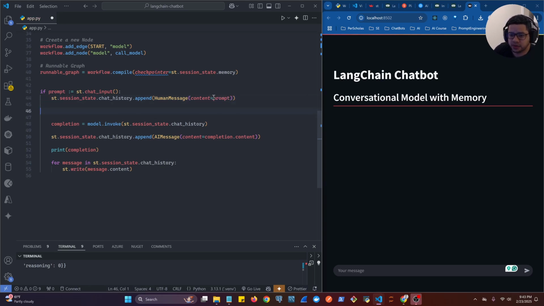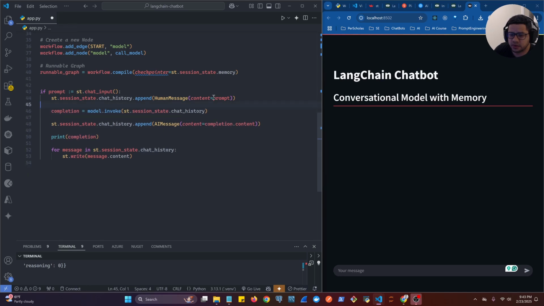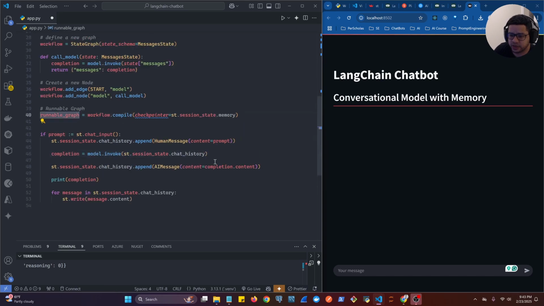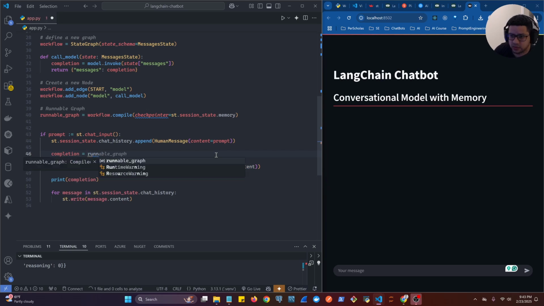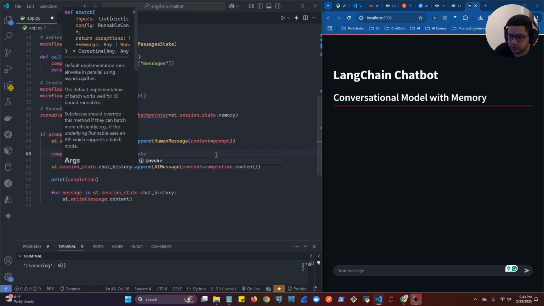And then what else? In here, we have the completion, which is fine. But let's do, yeah, we can keep the word in here, completion. But now we no longer want to invoke the model by itself. We want to invoke our runnable graph, right, which has the memory. So if we delete this here and we say runnable graph dot invoke,